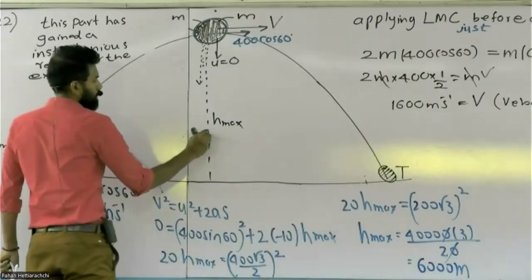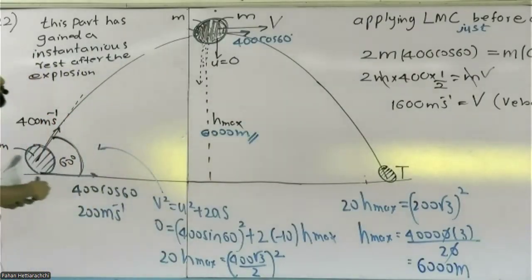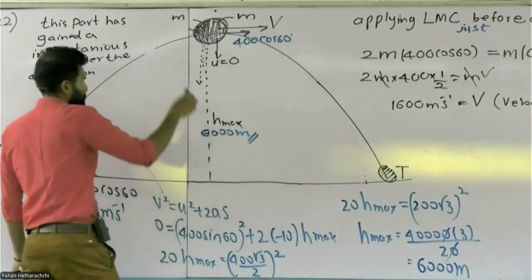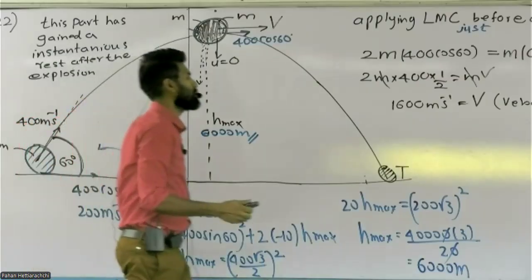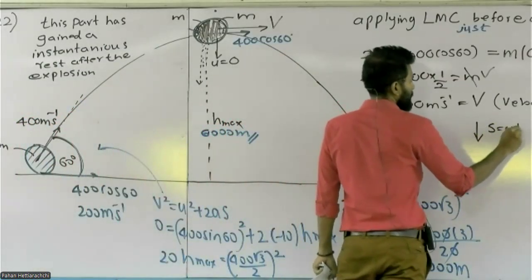It was at a 6,000 meter height when this explosion happened. So the remaining part has to come 6,000 meters vertically down to hit the ground, applying S equals ut